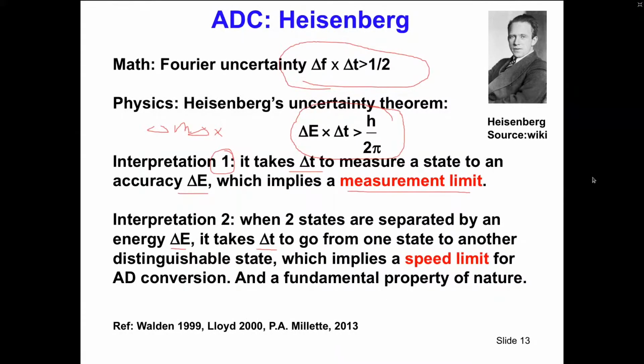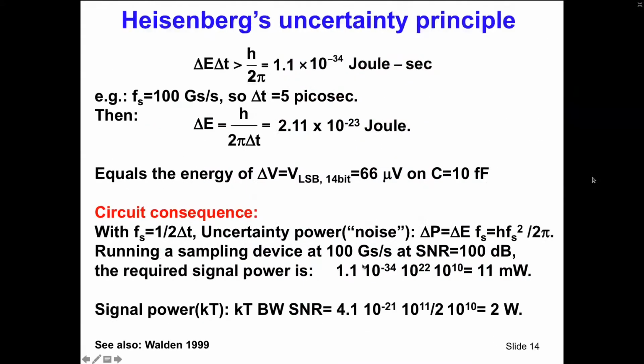Yeah, but this has a very important side effect because it means that it is a fundamental speed limit for A to D converters. When 2 states are separated by an LSB, then it simply means that there is a background speed limit to go from LSB to LSB plus 1 given by this theorem. Let me dive a little bit deeper in there. So don't worry, I'll make sure you get the slides later on so you can go through this at will.